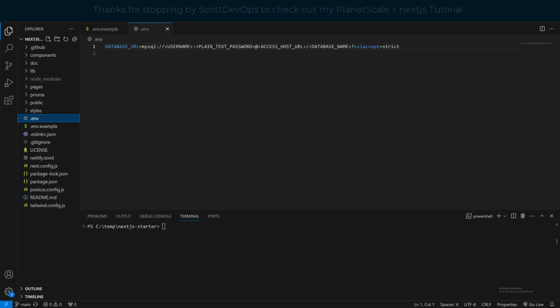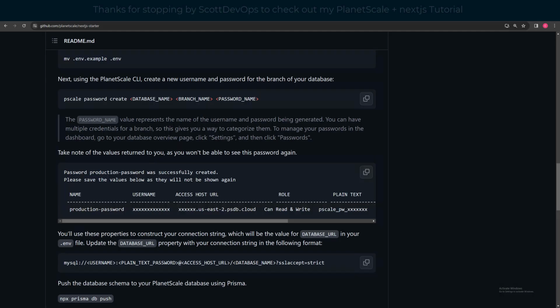Okay, so what is in this file? This contains a database URL, which we're going to need to connect to the database and run the database commands, and we'll also need that when we're setting up the Vercel deployment and the Netlify deployment. But first we'll get it right here in our VS Code. The next step is to,